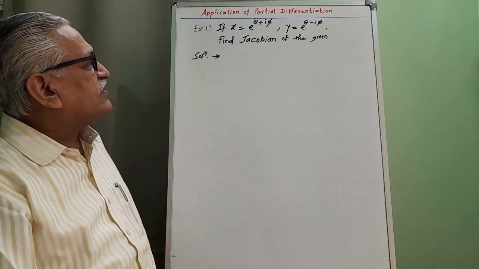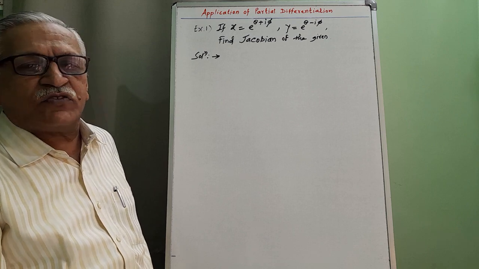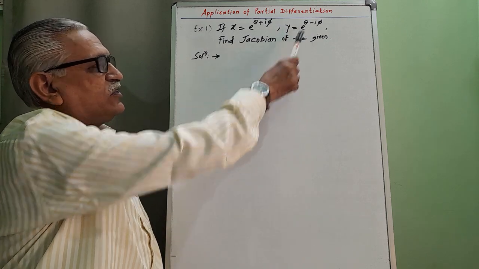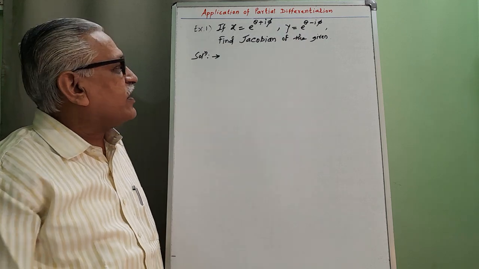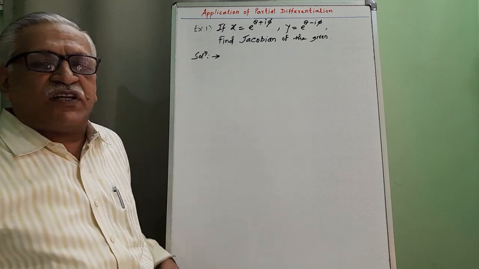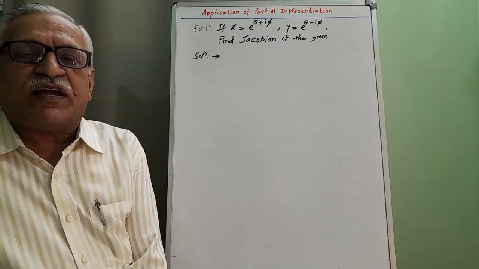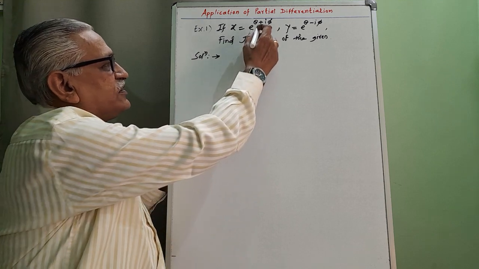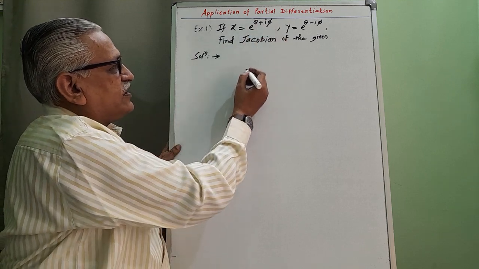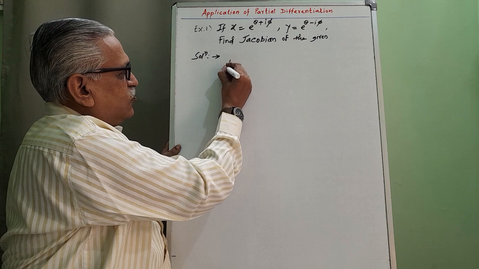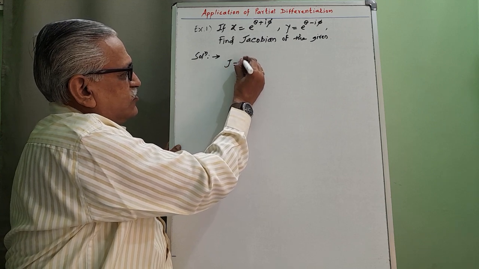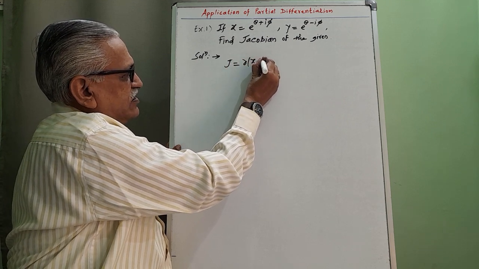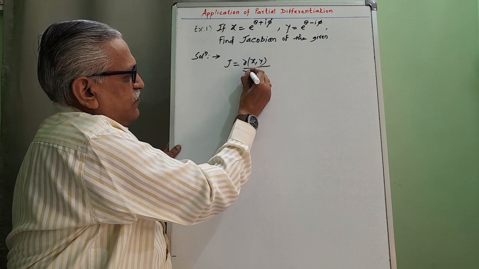Example number 1. If x is equal to e raised to theta plus i phi, y is equal to e raised to theta minus i phi, then find the Jacobian of the given transformation. Here x and y are functions of two independent variables, theta and phi. Therefore, that Jacobian is nothing but dou of x y divided by dou of theta phi,